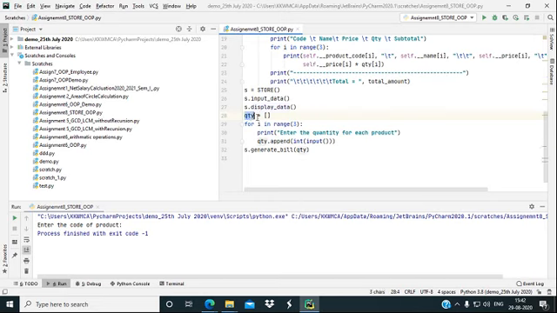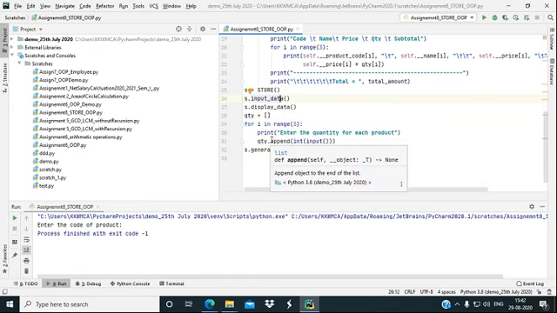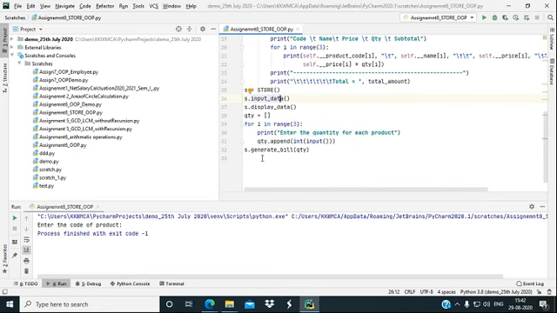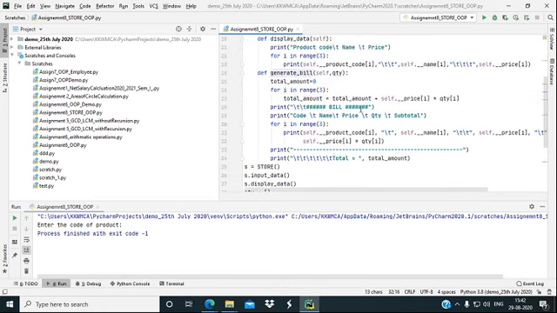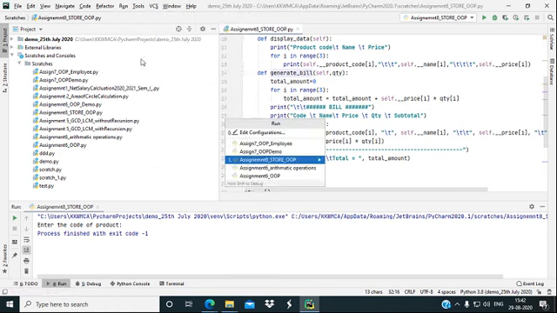Then we take quantity as an array here for taking multiple products from the users, and with the help of a for loop we add that quantity into the quantity array, and then call the generate bill function for generating the final bill of each product. Now if I run this program,